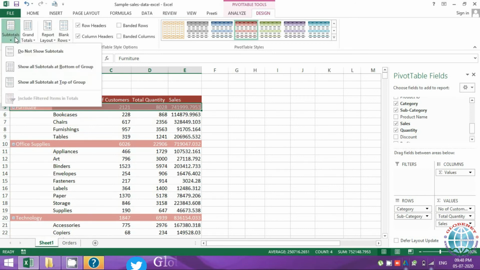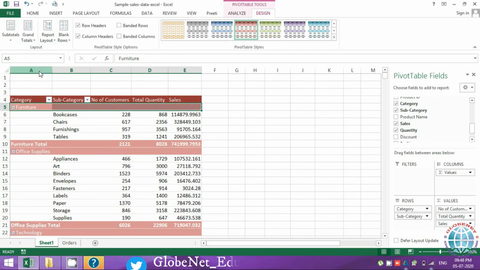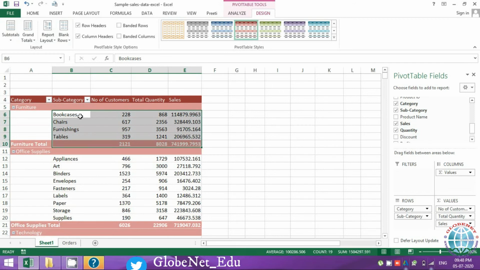So here you have this option, which normally works on outline form. So if you want to show the subtotal at the bottom or at the top, so now it is on top. Let me select bottom. So this is how it will come in the bottom. So if you notice, in tabular form, what it did is, this entire section had come on top. So it actually saved one row. That is the whole idea about.